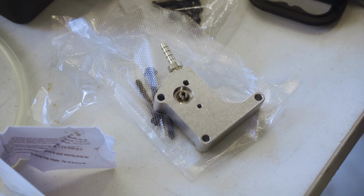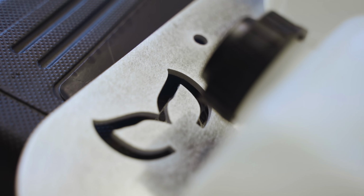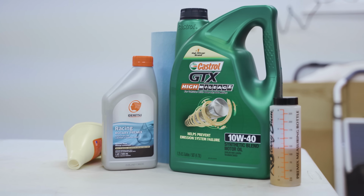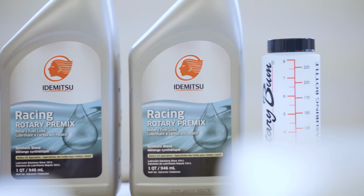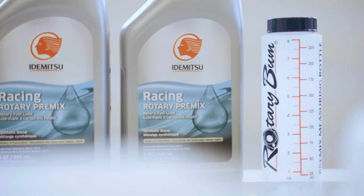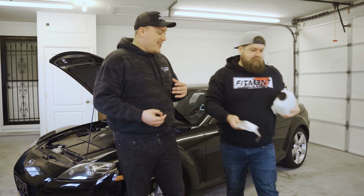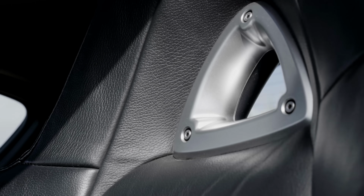So what we have planned for today is we're gonna be installing a SOHN adapter kit on this Mazda RX8. So rotaries, they like oil, and for some reason Mazda didn't give this car enough oil. So basically what this is gonna do is provide us the tools that we need to always inject fresh premix oil, two-stroke oil, whatever you want to call it, into the engine,